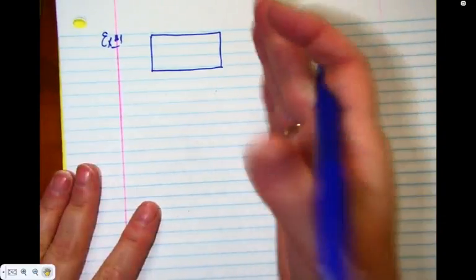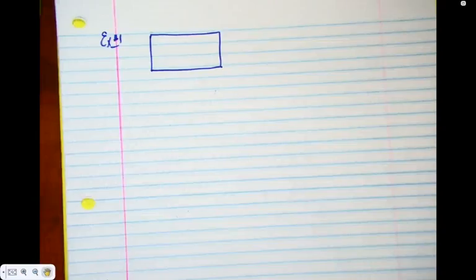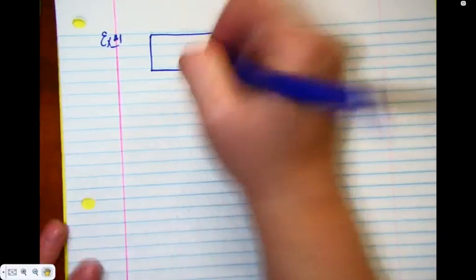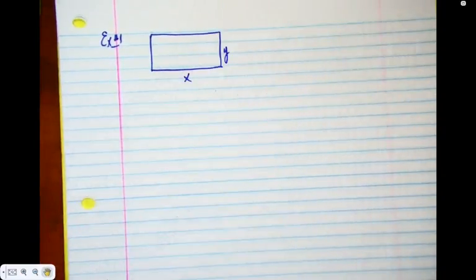Now, I could use length and width, but I'm going to use x and y because we're used to parabolas having an x squared in it. If you want to use length and width, there's nothing wrong with that. I'm just going to start with length and